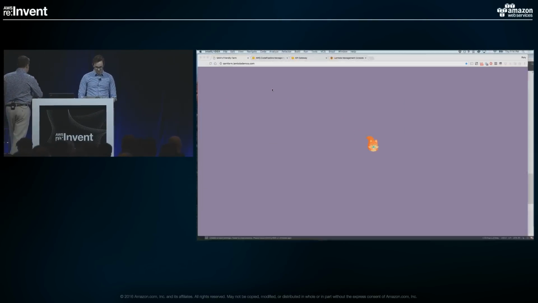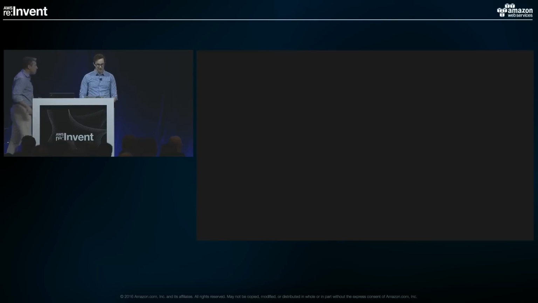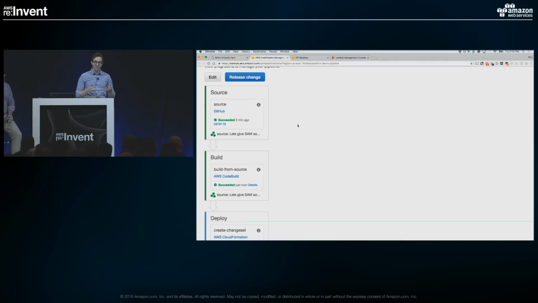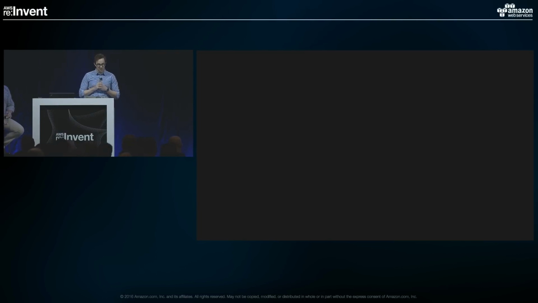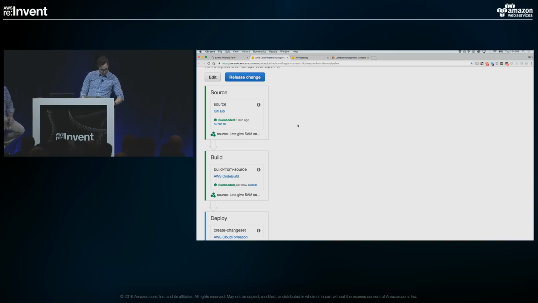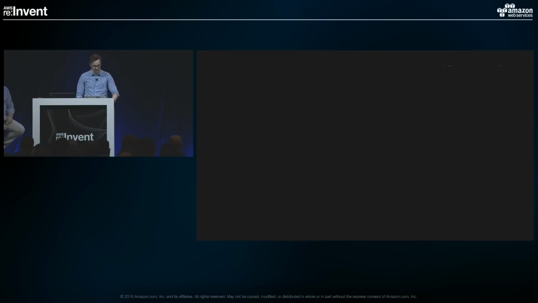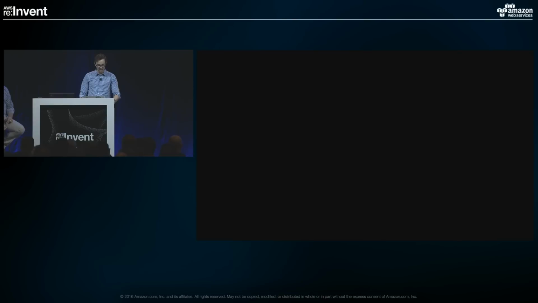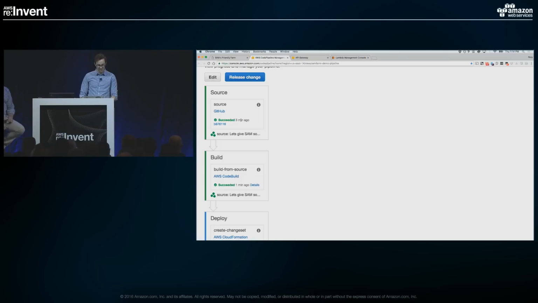Awesome. So let's go back to here, and let's take a look at this pipeline. So here we are. This is CodePipeline. All I'm defining here is I've created this before, and I have it pulling from a Git repository. Make sure this is coming up right. There we go. I have a Git repository I'm pulling from. You can see that it pulled the change automatically. I didn't do anything. I didn't tell it to pull things. It is pulling things as it is happening. The next step, there we go.